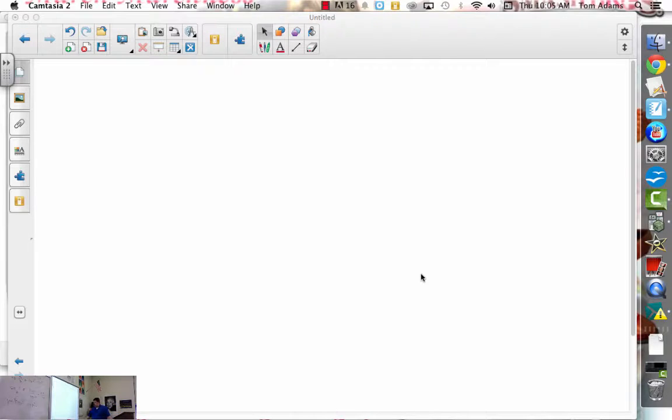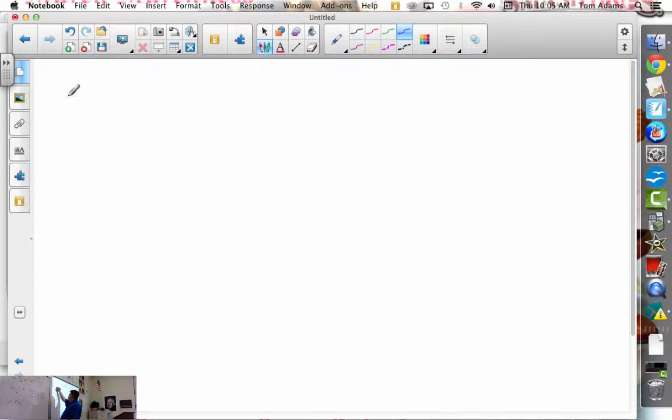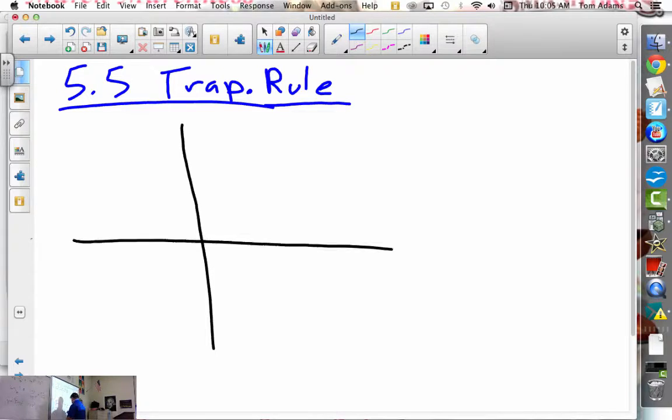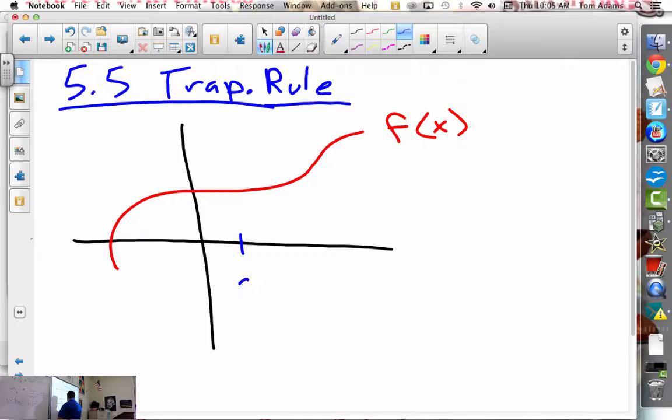Right, so today for 5.5, we're going to learn about the trapezoidal rule. And so we did a rectangular approximation method before. And so if I had a function that looked like this, we said that we could calculate the area under the curve from A to B,